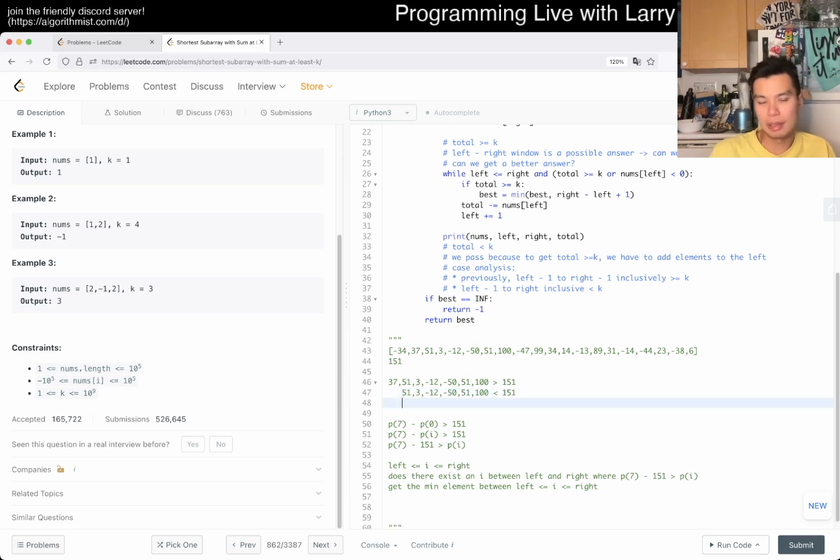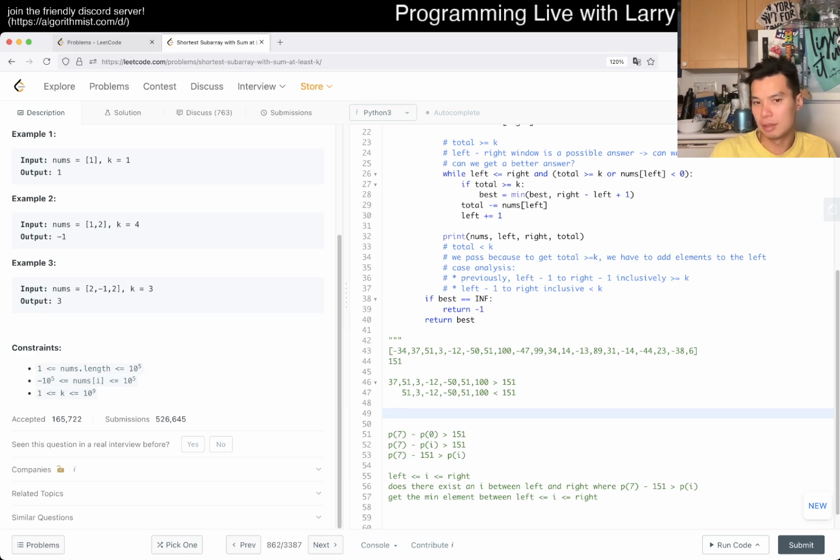Okay, so here we have 3 chunks, right? So if this is 151 and we subtract a number, then this is less than 151. So now we have to figure out what the negative chunk is. And the negative chunk,